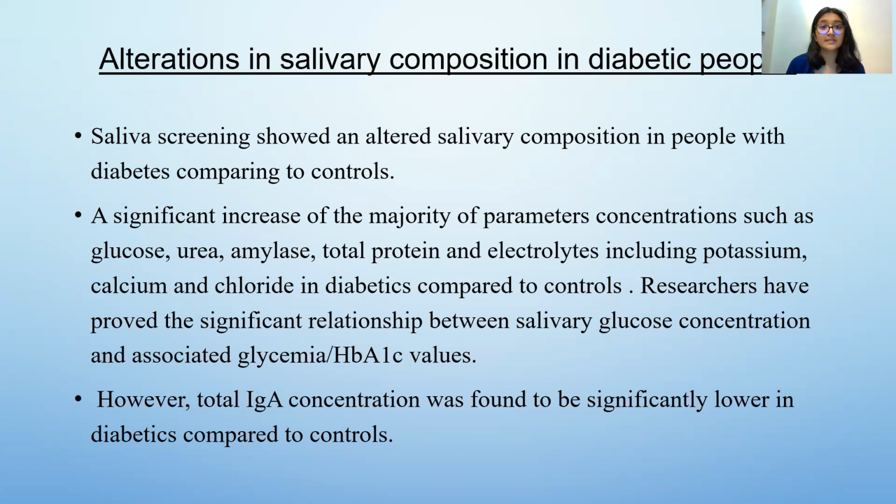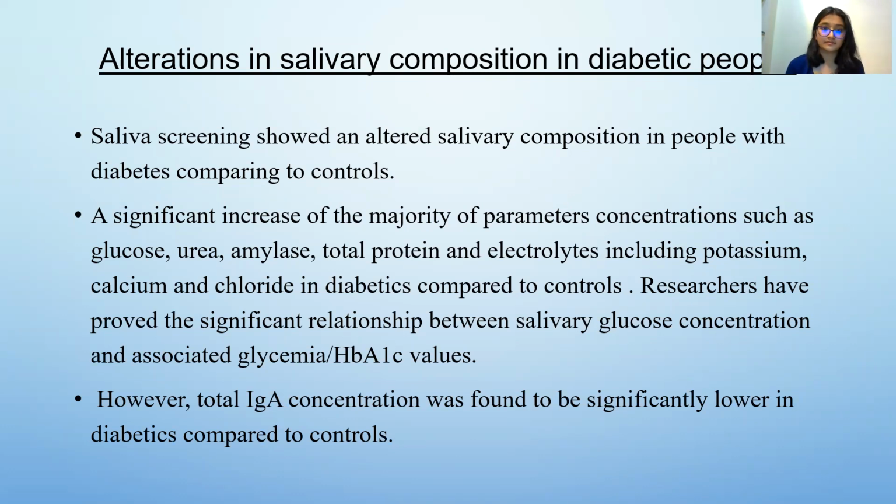Now let's see the alterations in salivary composition in diabetic people. Saliva screening showed an altered salivary composition in people with diabetes compared to controls. A significant increase of the majority of parameter concentrations such as glucose, urea, amylase, total protein, and electrolytes, including potassium, calcium, and chloride in diabetics compared to controls. Researchers have proved the significant relationship between salivary glucose concentration and associated glycemia values. However, total IgA concentration was found to be significantly low in diabetics compared to controls, which makes them more prone